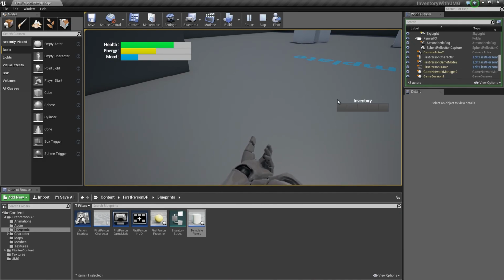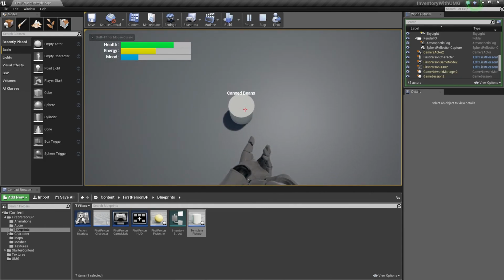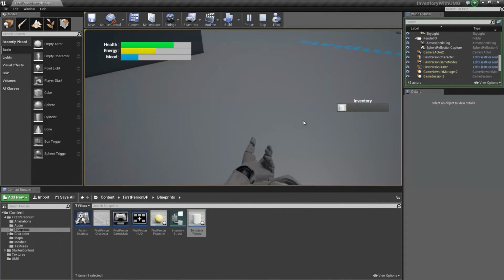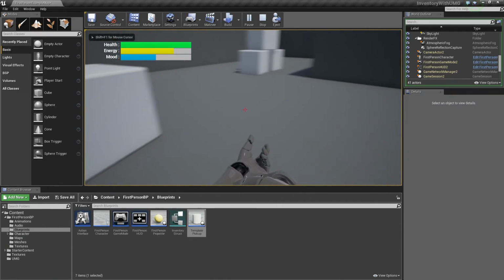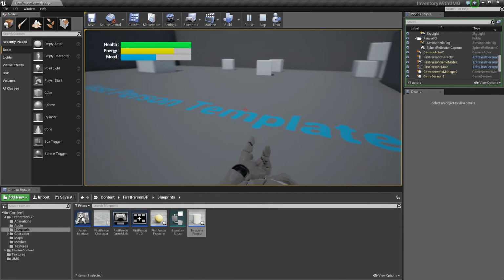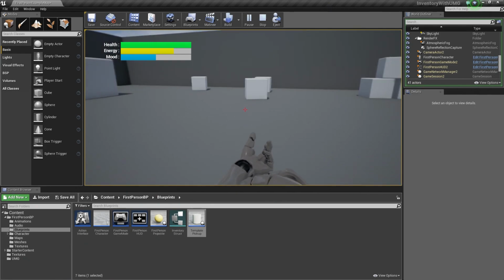We can click on it again. Can drop the item. It's been removed from our inventory. Can hit I to remove our inventory. There's our item right in front of us at the drop location. Can pick it back up. Hit I. And I keep shooting. We got to fix that in the next video. But I can click the item. Watch our health, energy, and mood when I decide to use or eat beans as we specified. And it gave me health, energy, and mood, and removed the item from our inventory. So our inventory system is functioning. Everything is coming along nicely, actually.